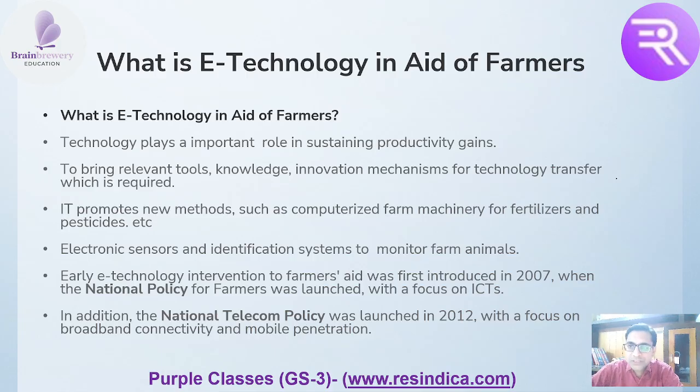What is e-technologies in IT of the farmer? Whenever we say e-technologies, we have already discussed e-technology. Now we will be discussing what major role they play. They play a very important role in sustaining the productivity gain. E-technologies help in maintaining and sustaining the productivity gain, as if we are utilizing